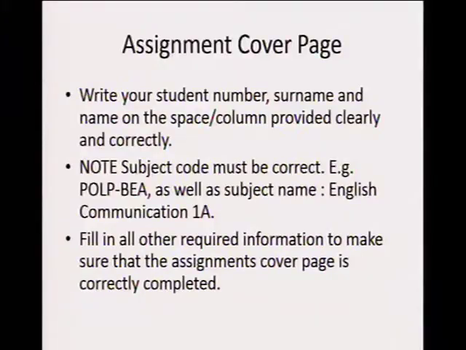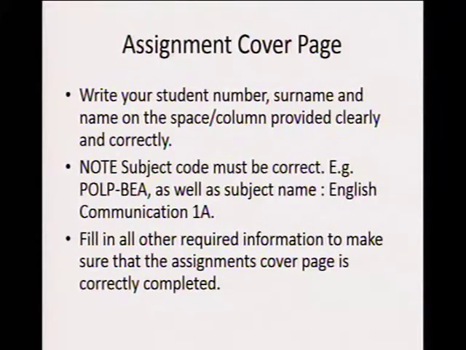Let's quickly check how the assignment cover page should look. You have to write your student number, your surname, and your name on the space or column provided clearly and correctly. Note the subject code must be correct.